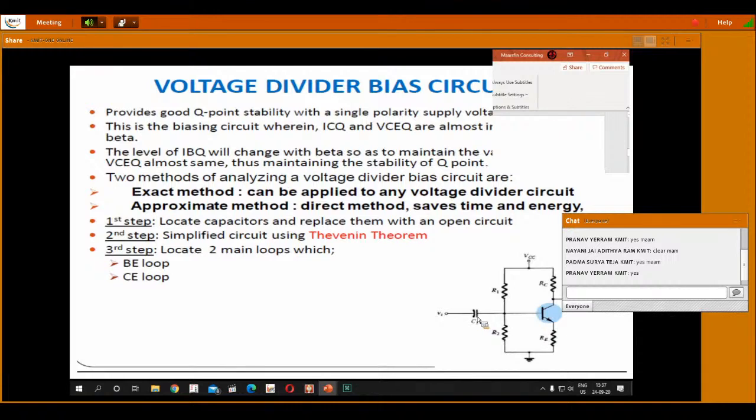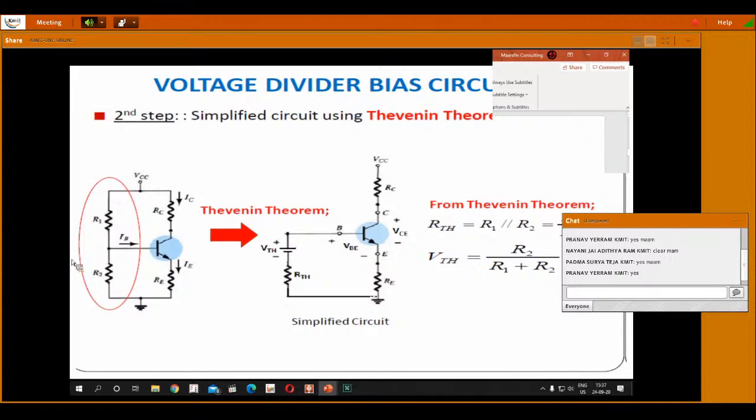We will treat that as an open-circuited element, and Vi is also disconnected because we are doing the DC analysis part. Vi is the AC input signal, so we just remove that Vi here, Vi also. Now, what is the amount of voltage we are coupling to the base of the transistor? That we have to find